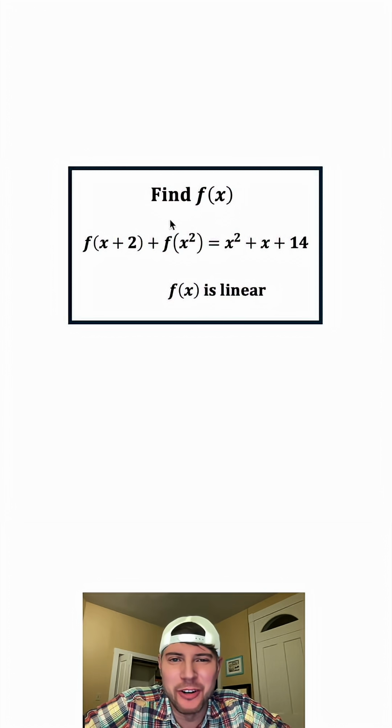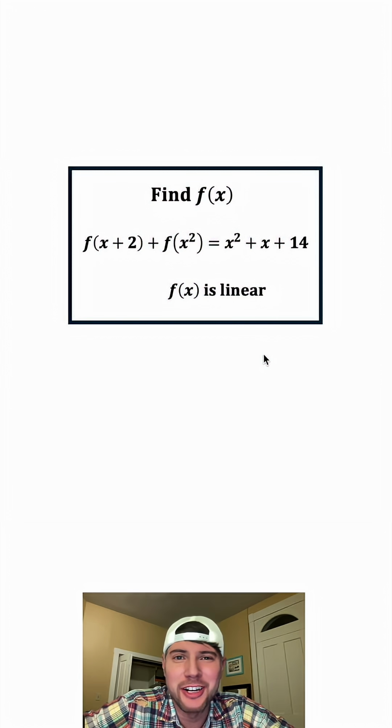Hey guys, this looks like a fun one. It says find f of x. And we're given that f of x plus 2 plus f of x squared is equal to x squared plus x plus 14. And we're given f of x is linear. If you want to try it on your own, pause it right now because I'm going to solve it in